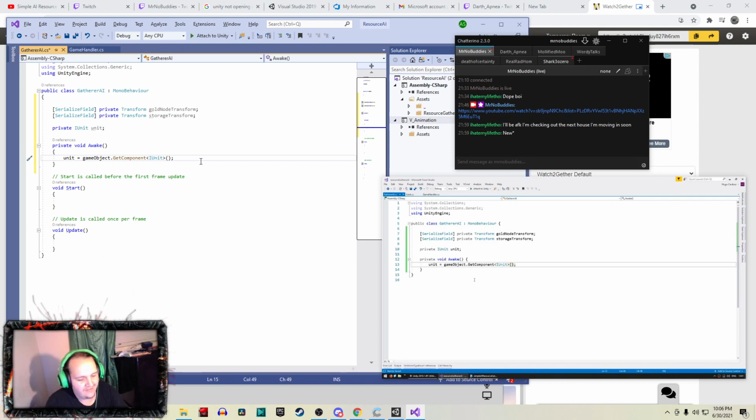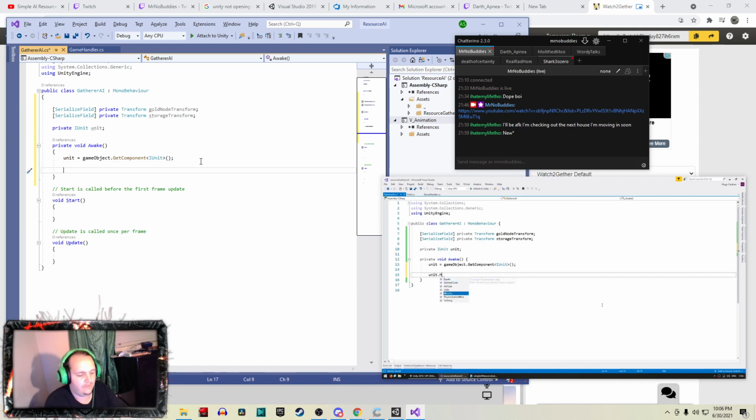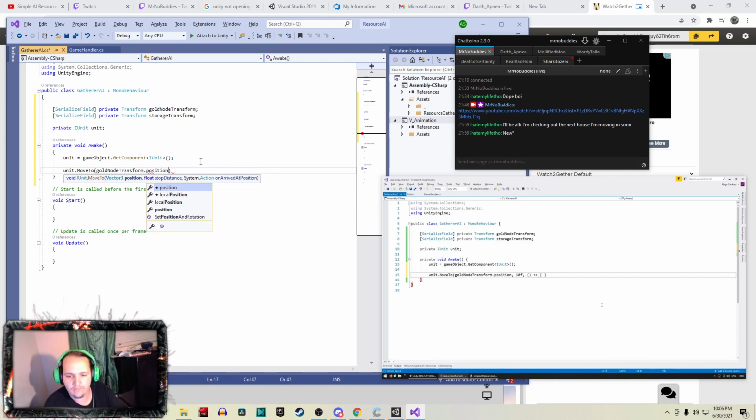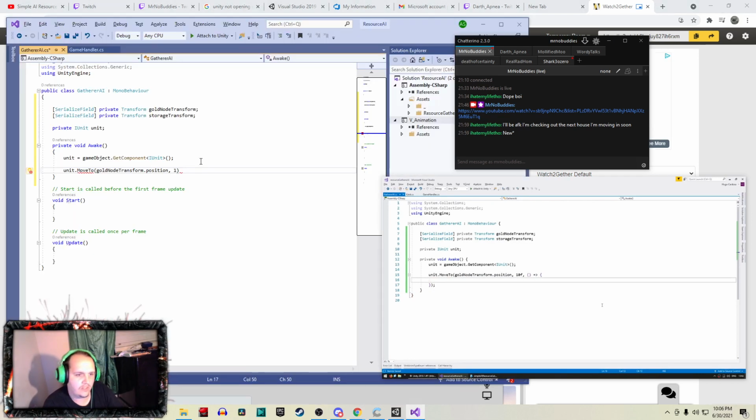Right, so, ready to unpause? Yeah. It contains a component which implements this interface. So now that we have a reference to the unit interface, to the goal node transform and the storage transform, let's make some very basic AI. We're going to first go into our unit and move him towards our goal node transform dot position. We're going to stop within 10 units, and when he arrives there, he's going to execute an action. That action is